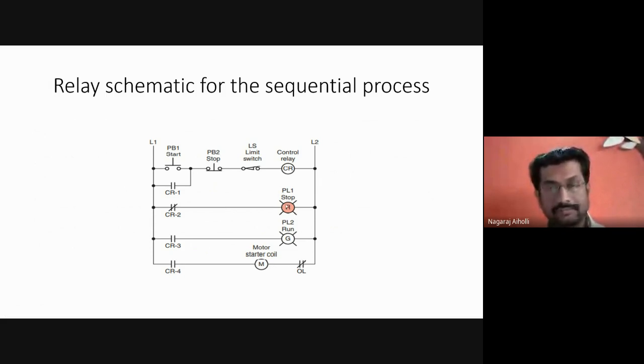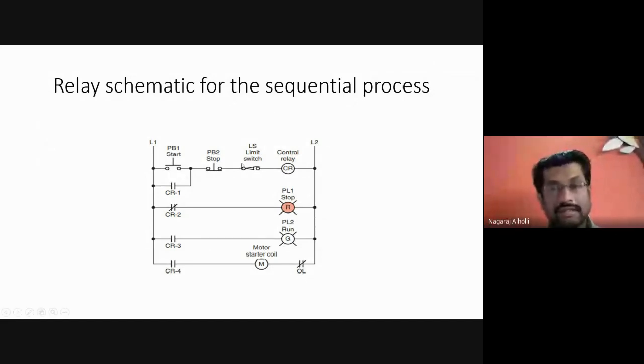Okay. Now what is going to happen is the push button will be released next. So when the push button is released, then this stop button will go from off state to on state. That is normally closed, it will become open. Limit switch we are pressing, it will get actuated. When we are pressing the stop button and actuating the limit switch, when we are releasing the PB1 start button, what is going to happen? PB1 will be released. PB2 is normally closed, it will become open. Limit switch is normally closed, it will become open.